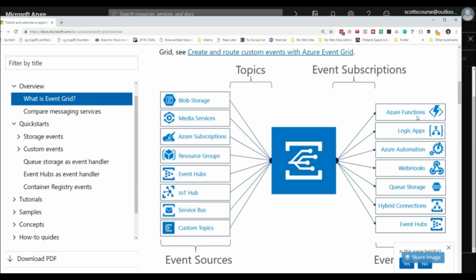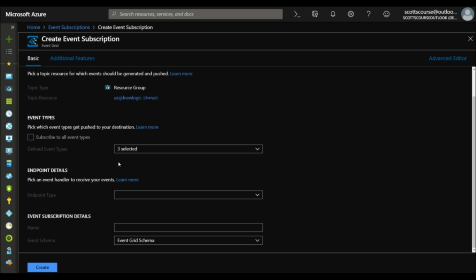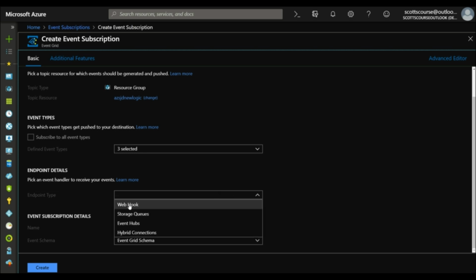We see that we can basically trigger a function, trigger a logic app, some type of batch automation, any URL-based endpoint, so we can call it just a URL even if it's not hosted within Azure, add a message to a queue, go across the hybrid subscription and get into our internal environment, or even trigger an event in an event hub. So in this case, let's call the logic app. So even though we're creating this in the logic app, let's go into here, and we want to use a webhook,